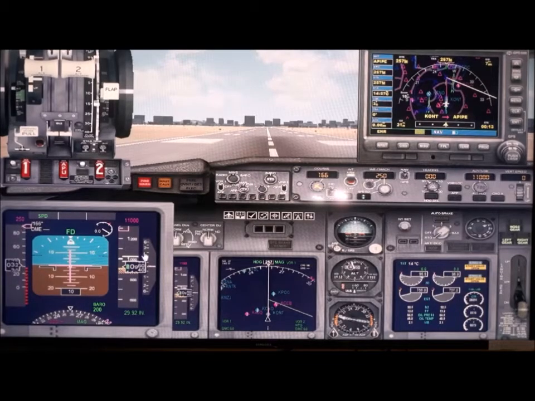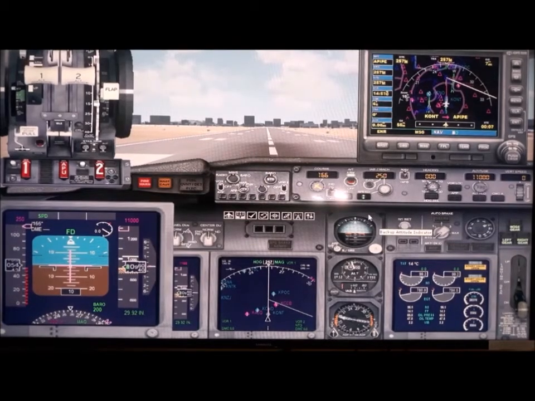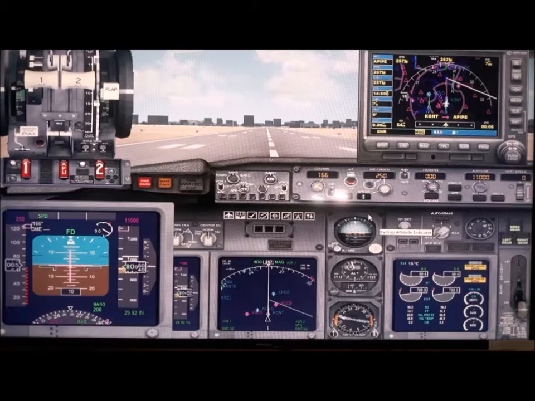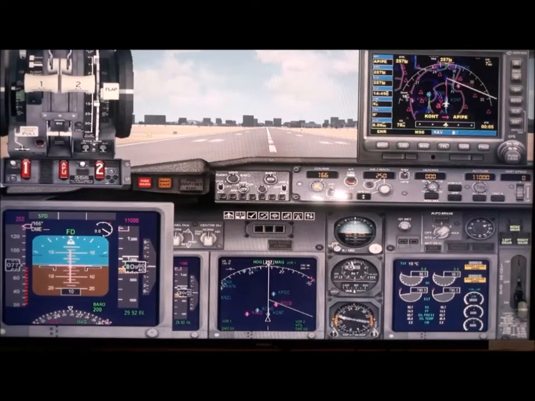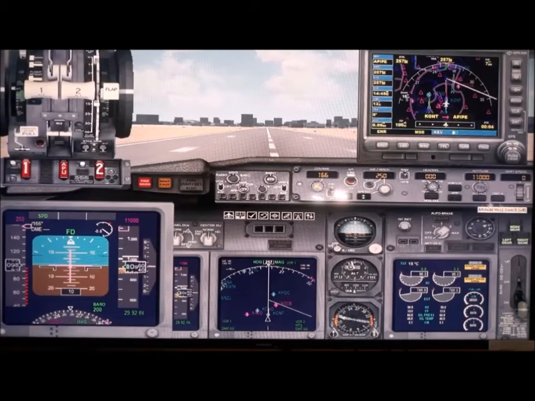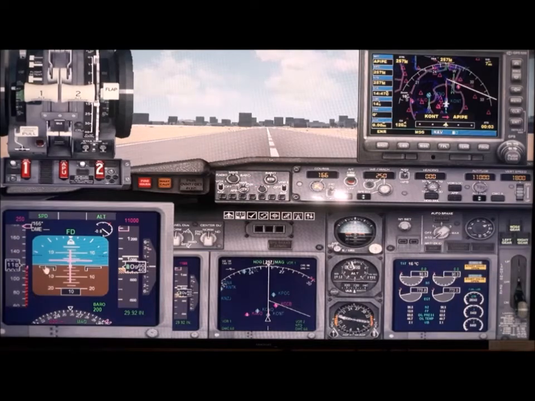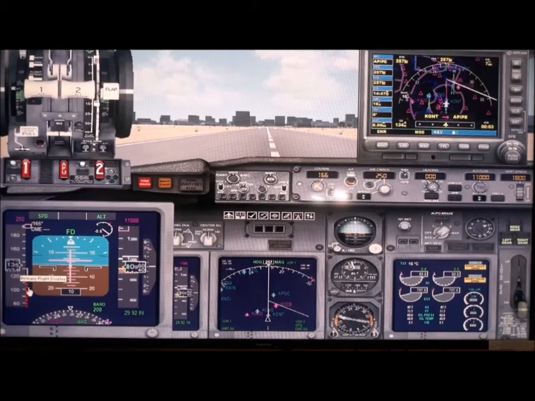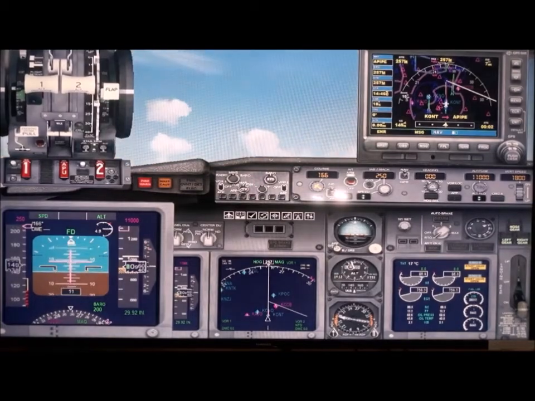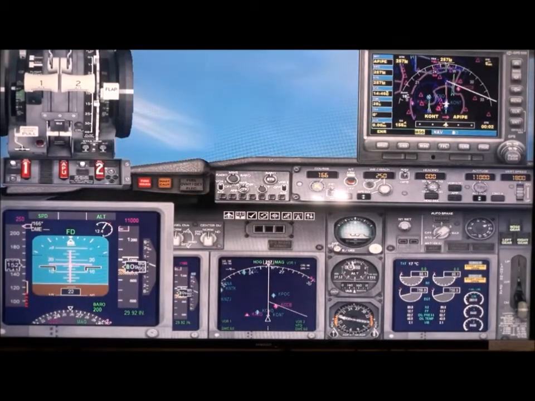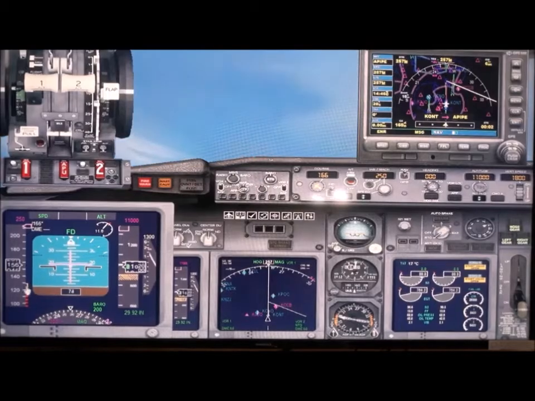Everything is set. I just cross check everything. All set. Perfect. We are on the runway center line. Perfect. And so I don't have to use much radar. And after we take off, I will actuate this autopilot. 117, 120. When it is 140, I will pull the yoke. And I will maintain about a 15-degree angle. You can see approximately 15 degrees here.